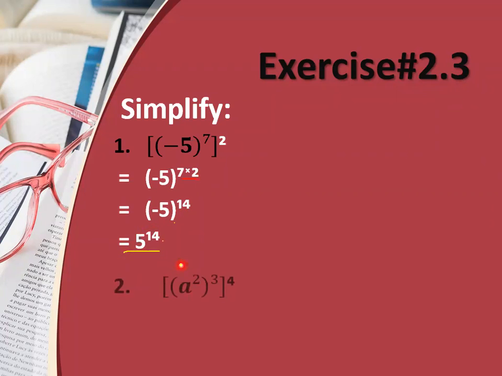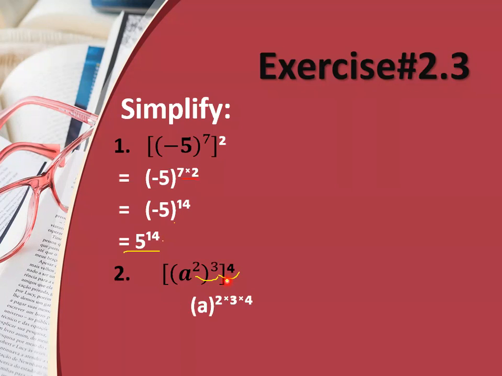Understand? Now move on to the next question, that is question number 2. Here, as you can see, again you have another base, that is a, and this base has the power 2, and then this whole thing has a power 3, and then this whole thing has a power 4. Means power of the power, power of the power. Okay, so if you have power of the power, so what you will do, you will simply multiply the powers. That's it. This is the easiest concept.